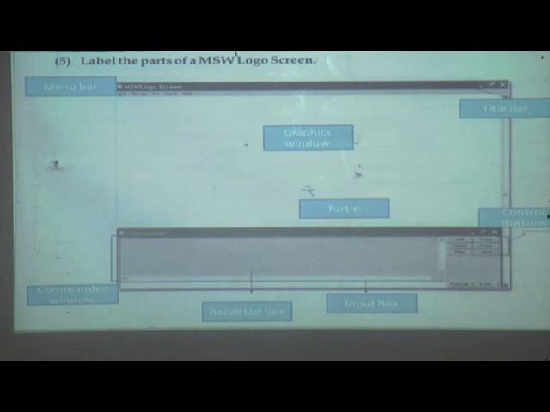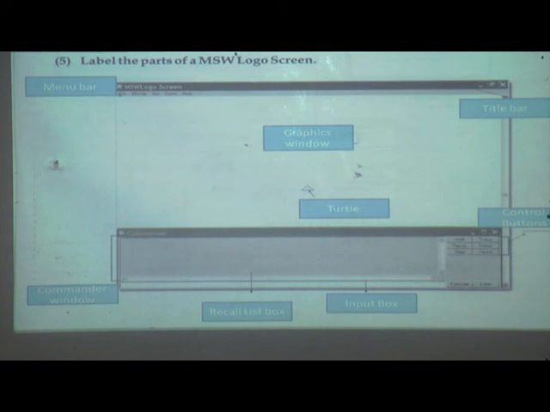The small triangle on the screen is called a turtle. What is the use of graphics window? By using graphics window, we can see the output. That's why this window is also called an output window.